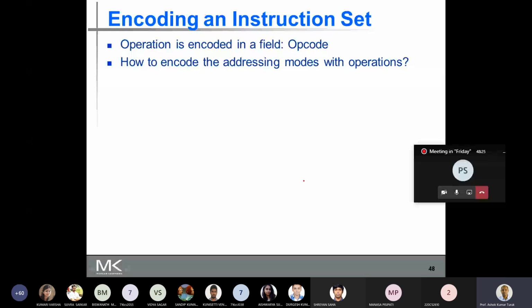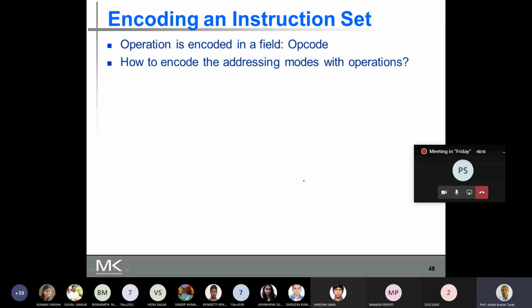What operation you have to perform, you obtain from the operation field, and the operand needs to be extracted from the operand field. Now, once you have the operand, how do you specify the operand, and what addressing mode is to be used to specify the operand? So you have an opcode field, into which operations are encoded.